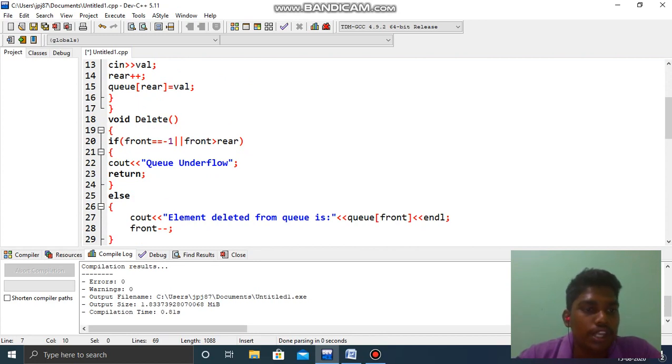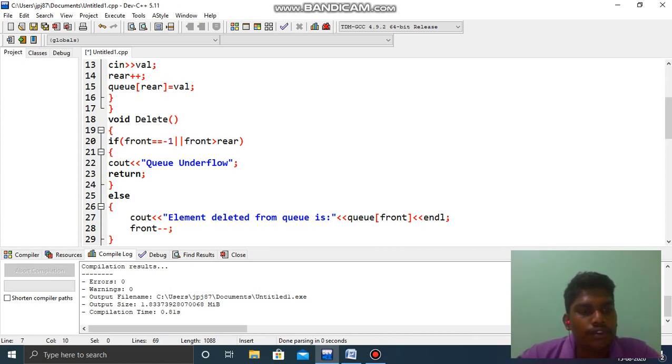If you want to delete, it checks if front is equal to minus 1 or front is greater than rear. It means the array doesn't contain anything.